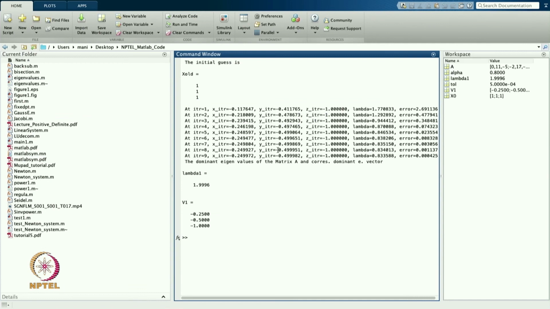Now, you can see from here that after 9 iterations I am getting the value 1.99. So, 2. In this case I am getting the eigenvalue close to 2. So, we have 1, 2 and 4. So, 4 was the eigenvalue I was able to find, and now with the help of this one I am able to get the value that is close to 2.